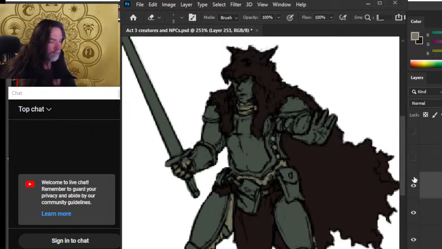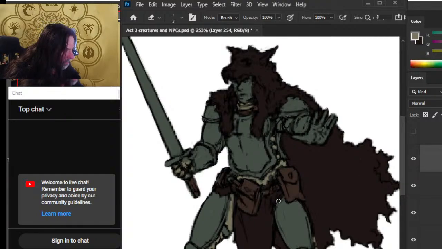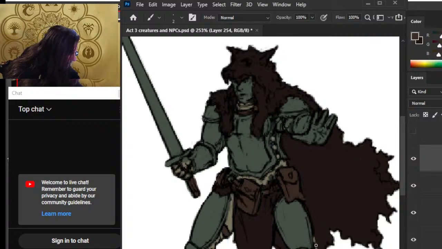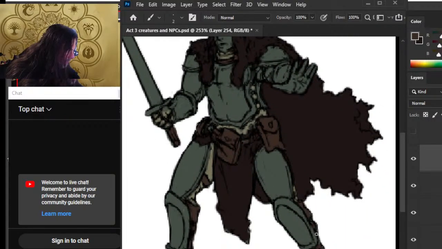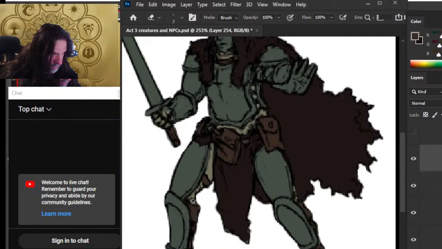There we go. Now we'll do patch leather. Ooh, leather. Here, that looks pretty clean. That's good. There we go.